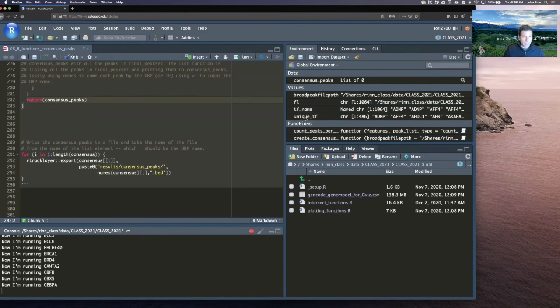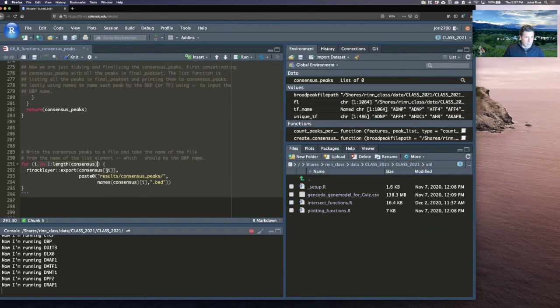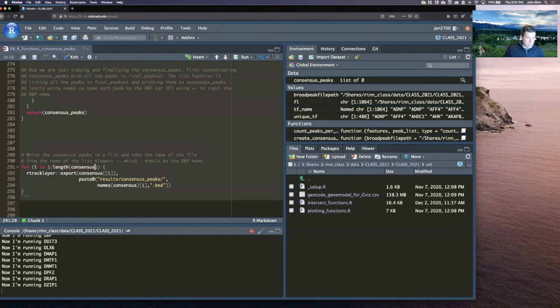So what we're going to do is print each one of those consensus peaks or merged peaks files out into a folder called results, which we already have in our class one. If you don't, you're going to want to make a results folder in your working directory, and then make a new folder called consensus peaks, which is what we just created. And then again, just a simple for loop, where we know where this starts and stops. Again, through the length of the consensus peaks,